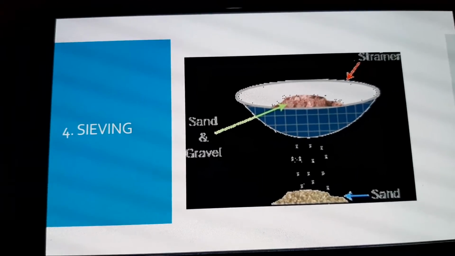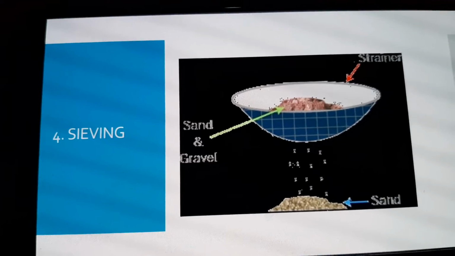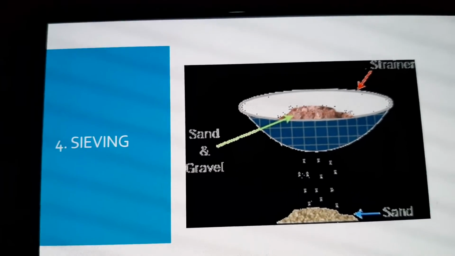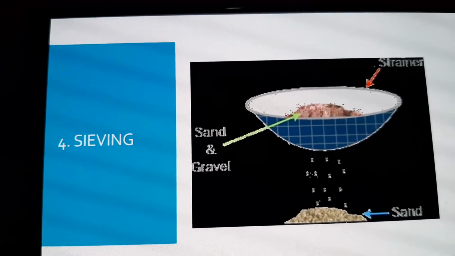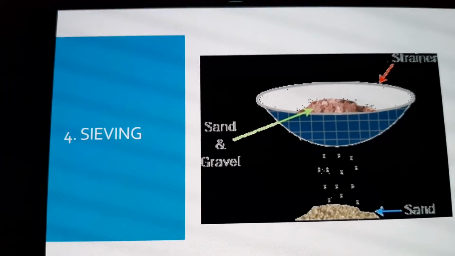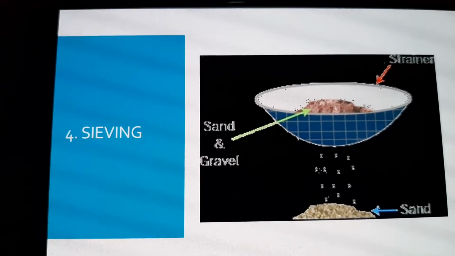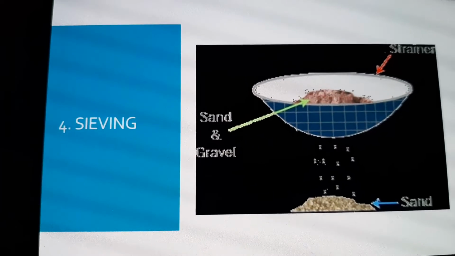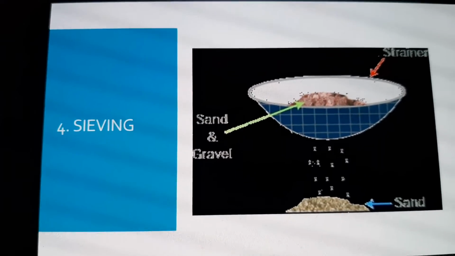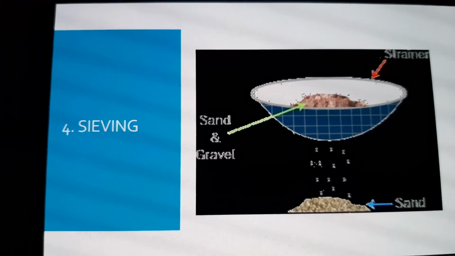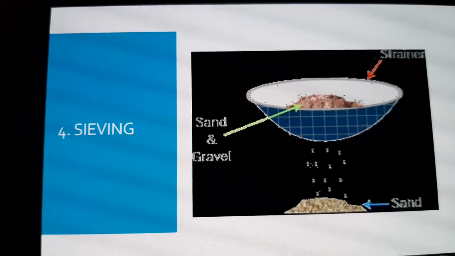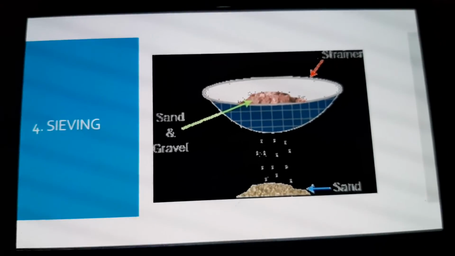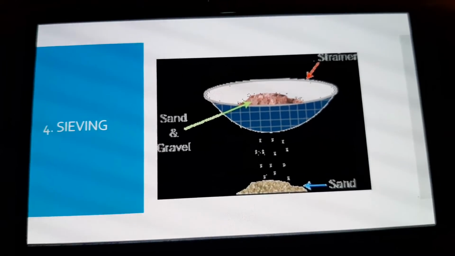A sieve is a shallow vessel having small holes at its bottom, as you can see. An iron mesh can also be used as a sieve in some cases. The method of separating a mixture by using this object called a sieve or strainer is known as sieving. So, for the purpose of separating solid mixtures which have components of different sizes, sieving is used, right?